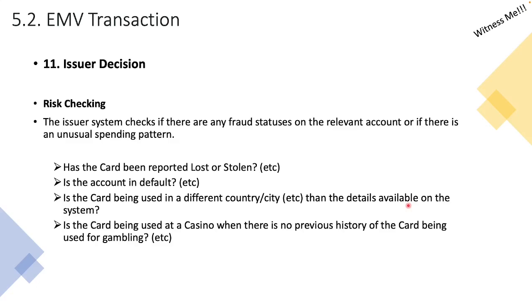And some banks even take this one step further where they can identify patterns. So if they've got customers over a period of time, as an example that we've used, Jim, let's say that we've got Bob who's never been to a casino before. He's had the account for 15 years with the bank, and he's never ever used the card in a casino. And all of a sudden, a transaction comes through to the host system from a casino. Now, that could be deemed to be suspicious, based on the pattern that we've identified